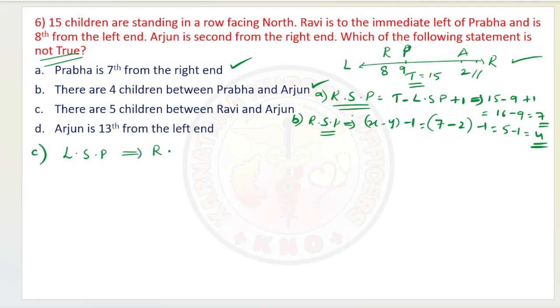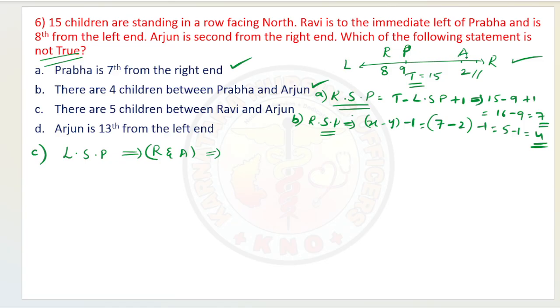So now Ravi and Arjun, we need to calculate the number of children between Ravi and Arjun. For this, Ravi's left side position is given, right side position is not given. Arjun's right side position is given. So now let us calculate